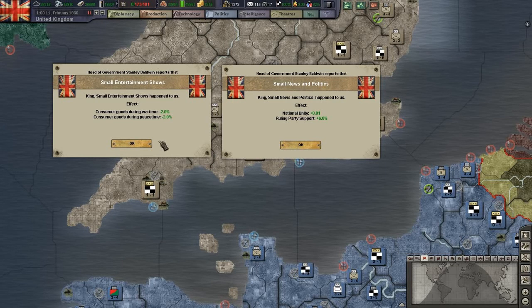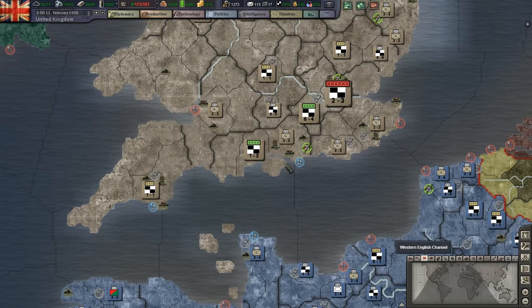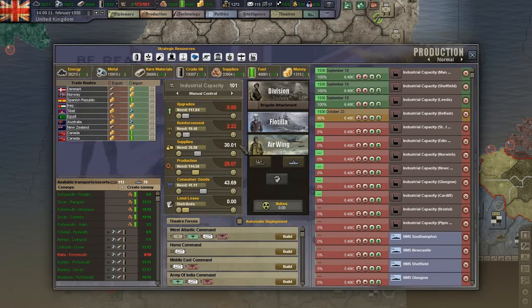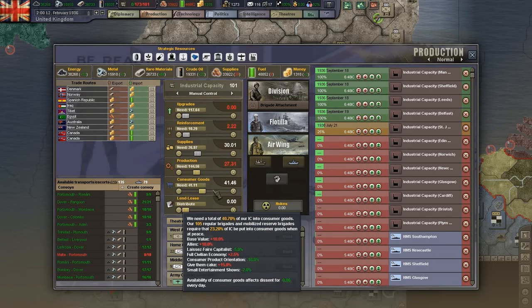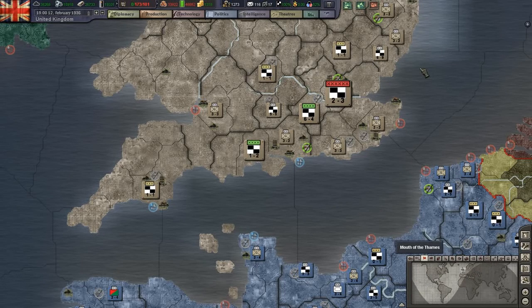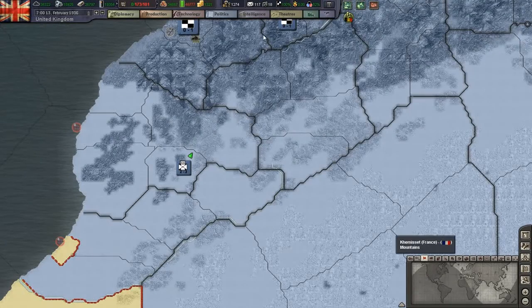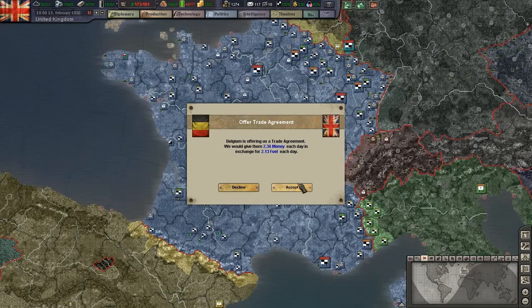But so we have small entertainment and small news and politics. So I think that is very good. And that I have as a pre-existing thing, so you don't have any sort of cost to that. Okay, well, let's see, what does Belgium want? Okay, we'll buy some fuel from...